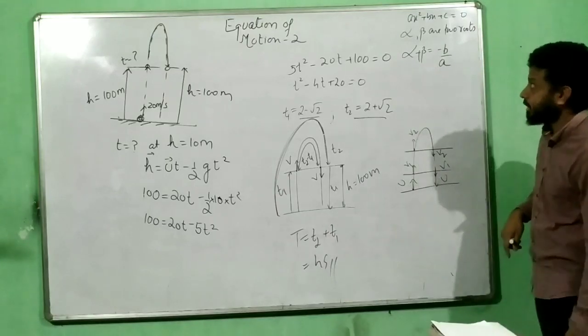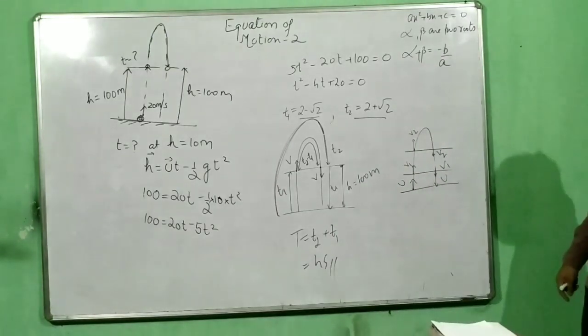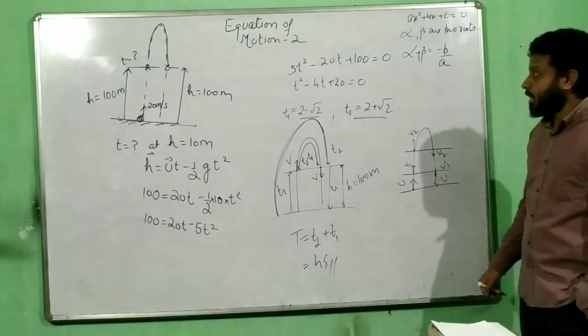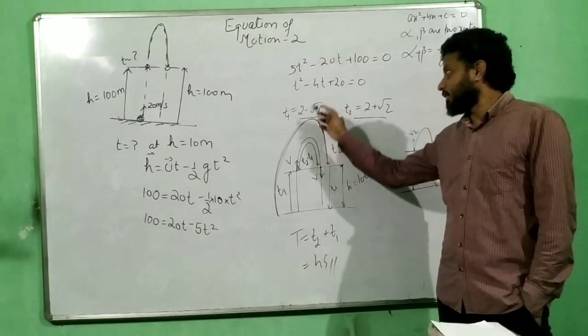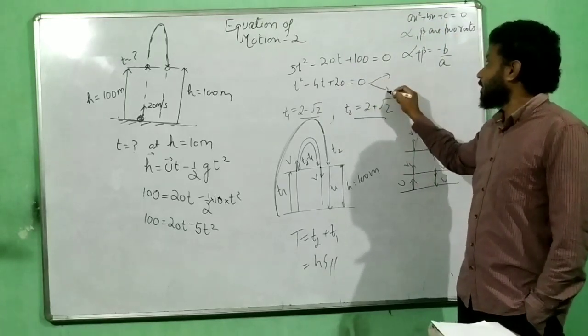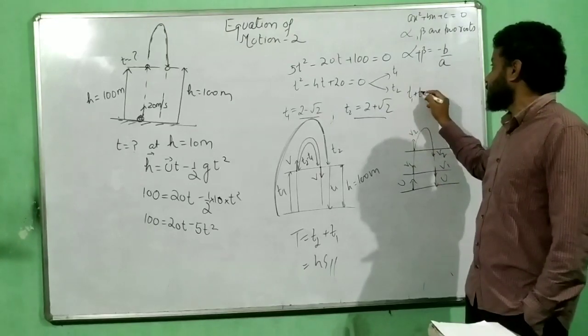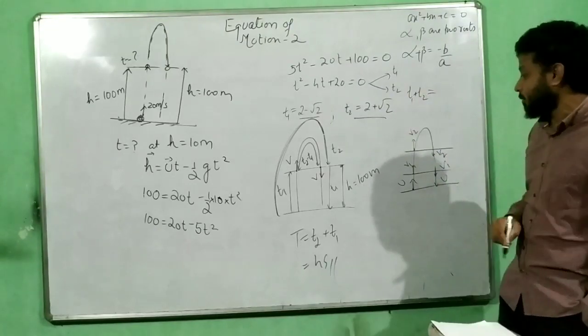Okay. Now I am showing here that this is a trick. So if I consider here also that t1 and t2 are two roots, then t1 plus t2, that is the time of flight, will be equal to